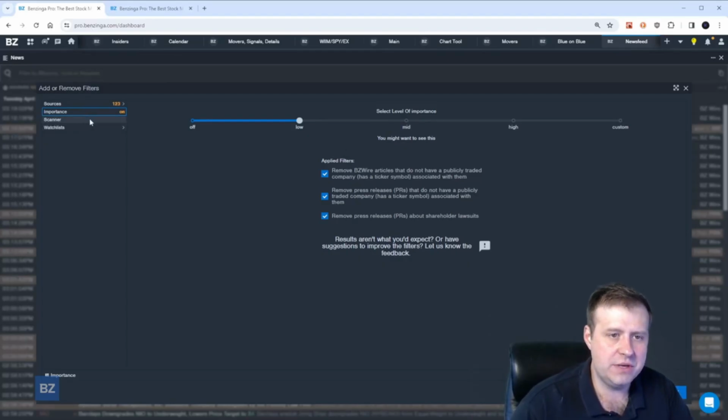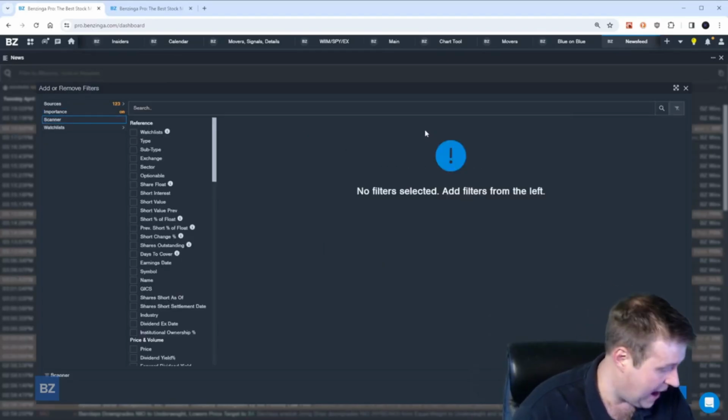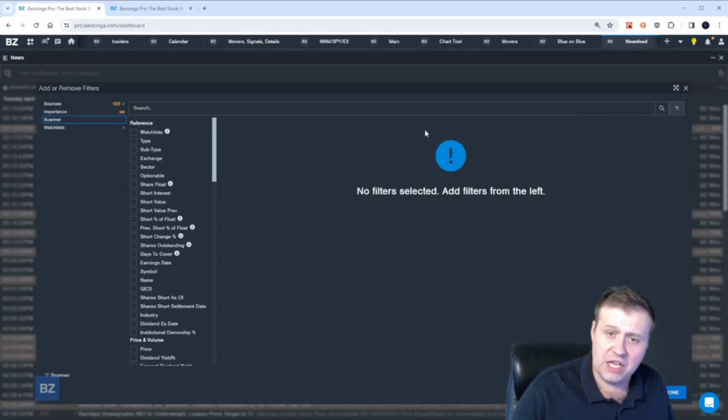The next thing that you can do here is click on scanner. Now, let me explain what this is, because you also have a tool in Benzinga Pro that is a full-blown real-time scanner. But what's cool about this is you can